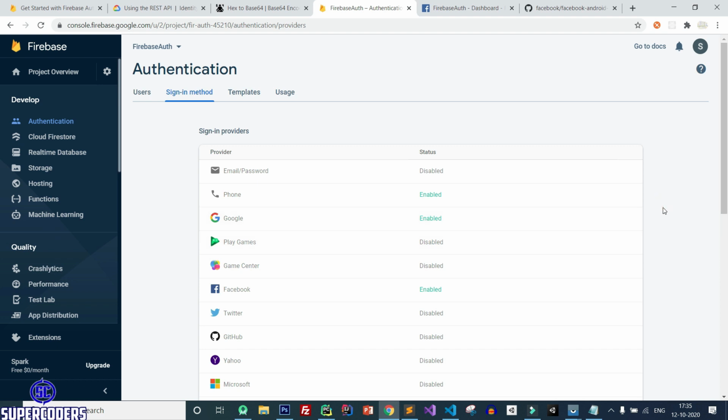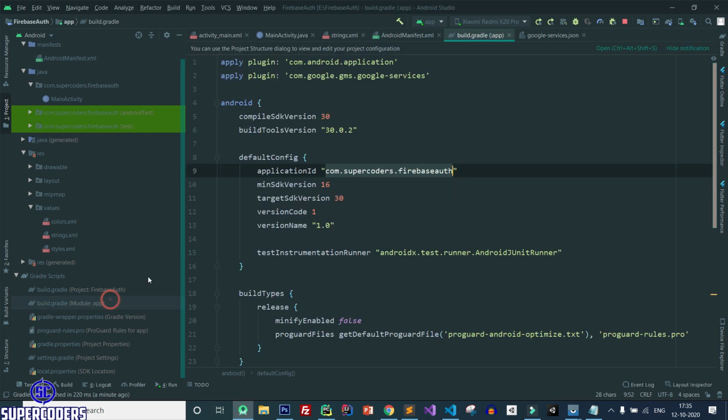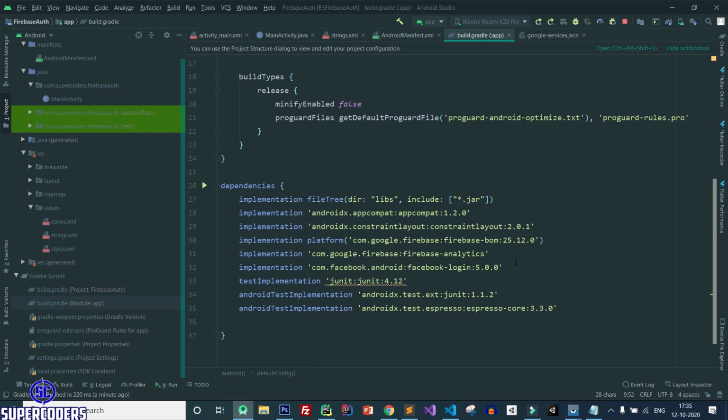So again come to Android Studio and come to build.gradle, and here we need to add one more library which is used for Google login.